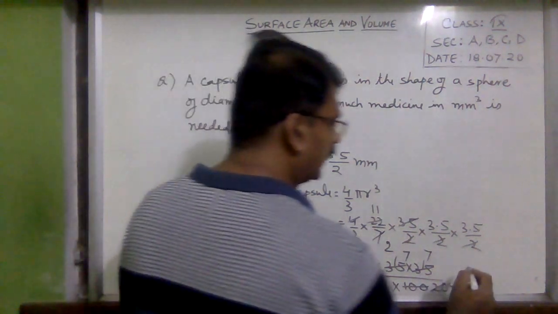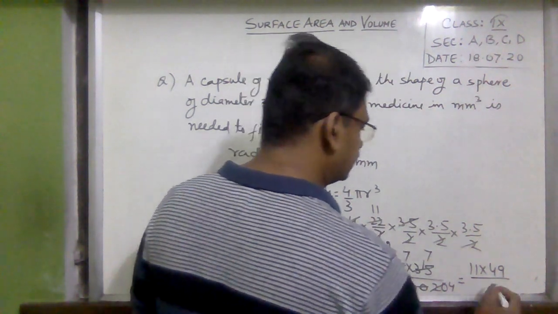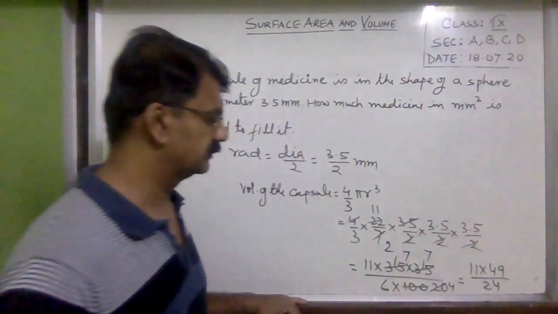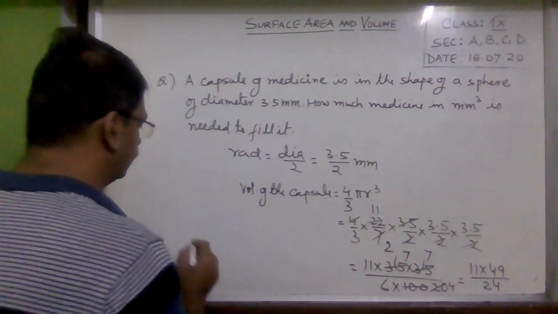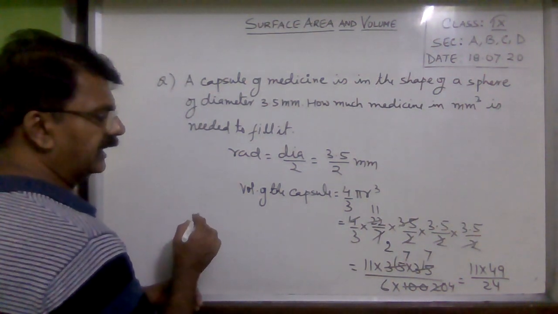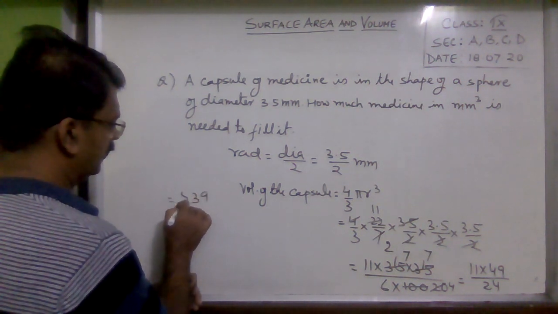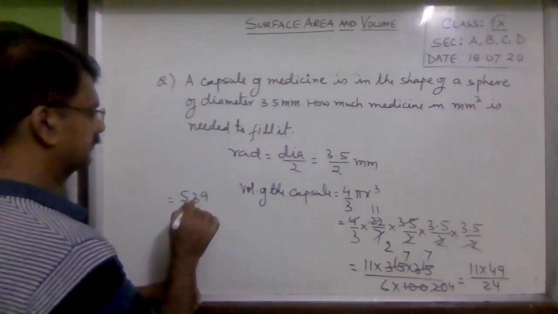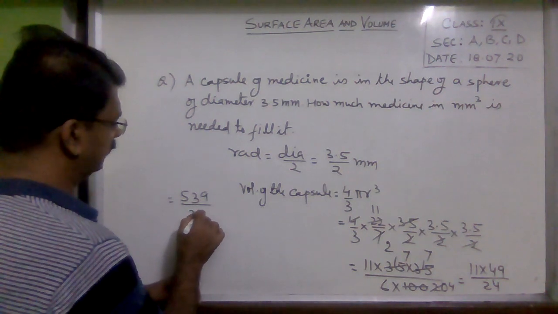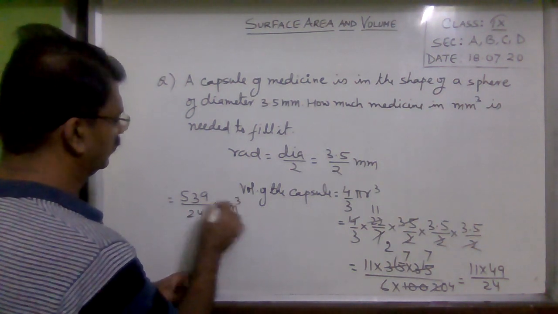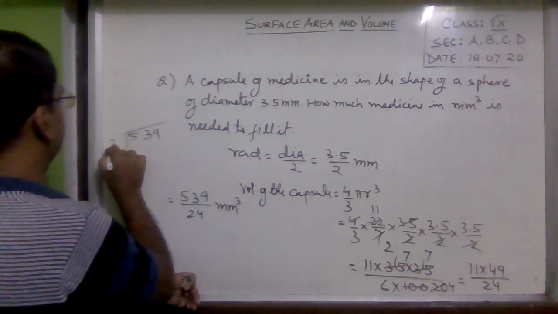So in the numerator you will have 11 into 49, and in the denominator it is 6 into 4. Now 11 into 49 will be 539, divided by 24 millimeter cube. Now 539 when it is divided by 24,